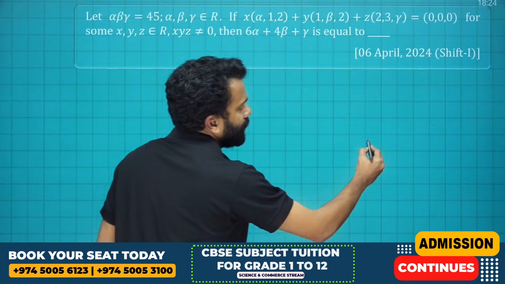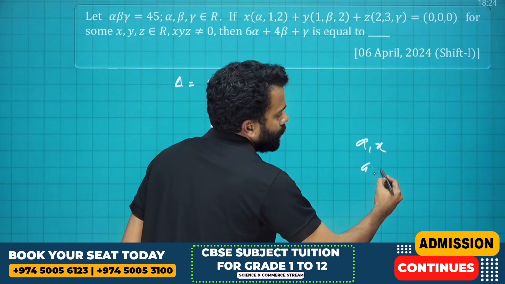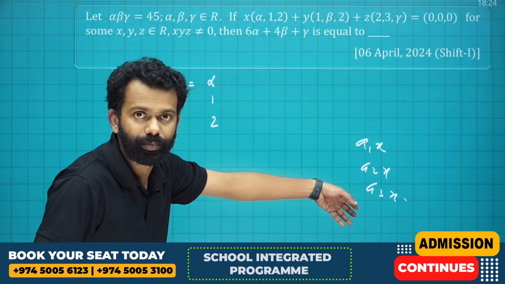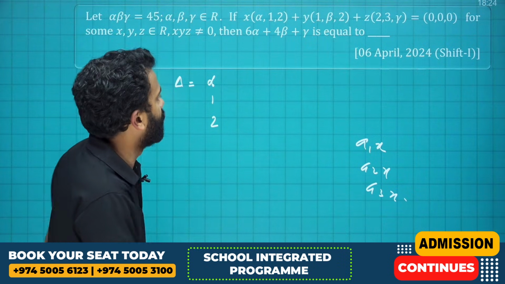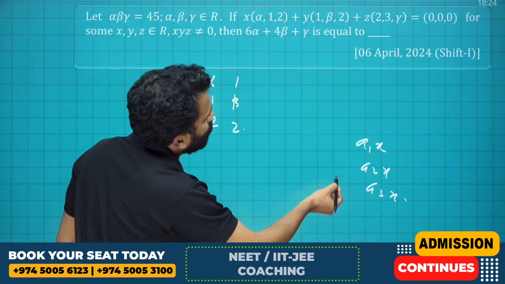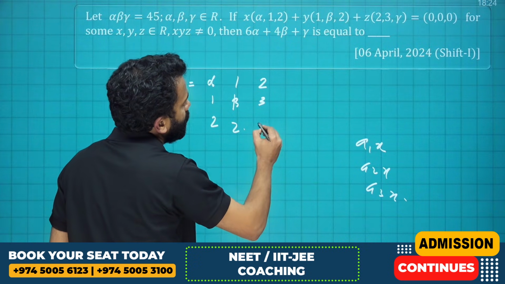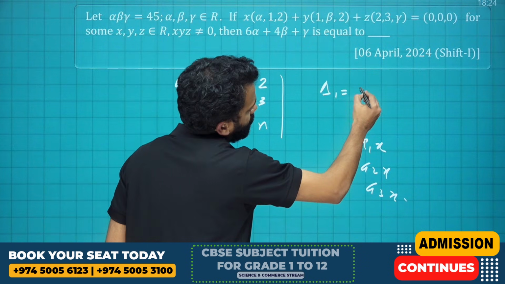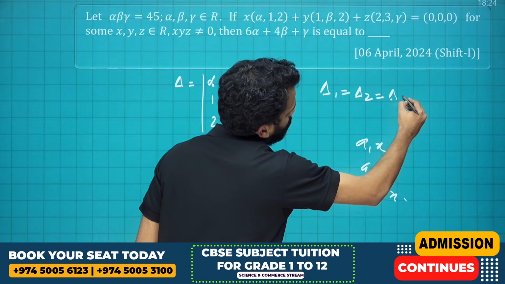That is, it will be like this, right? A1x, A2x, A3x. The coefficients of x will come in a column. And what about the coefficients of y? 1, beta, 2. And what about the coefficients of z? 2, 3, gamma. And we know that delta 1 is equal to delta 2 is equal to delta 3